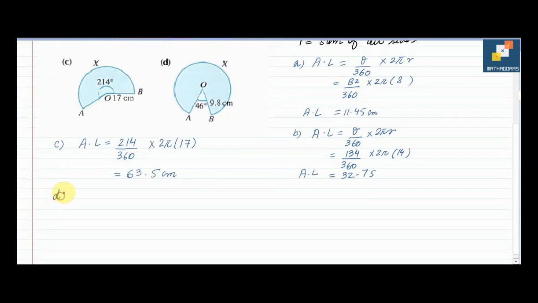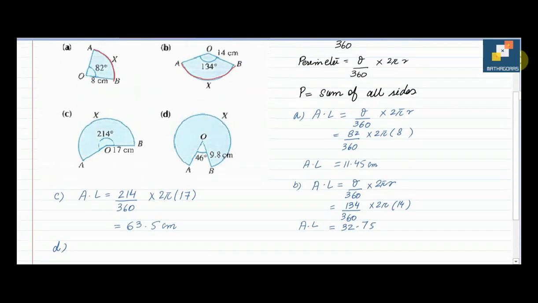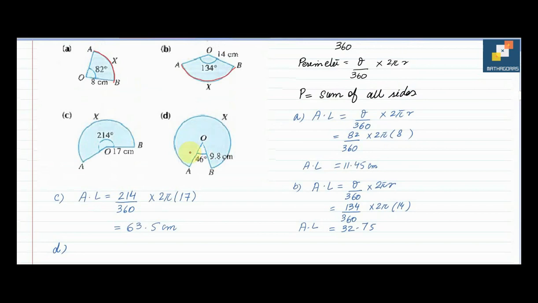Moving on to the last part, the same thing, find the arc length. Now in last part, the arc length is basically of the major sector, right? If I highlight the arc length, so this length is the arc length of this sector, right? So first thing, what you need to find is the angle. So what is the value of this angle? So you can find it by subtracting the given angle from 360. So 360 minus 46, it's